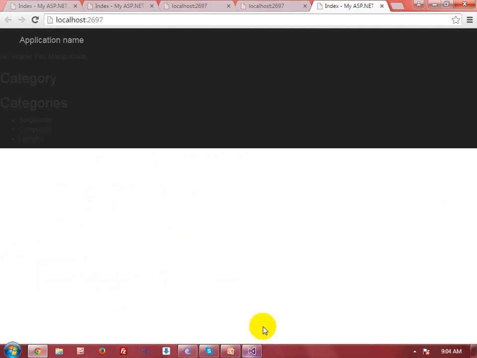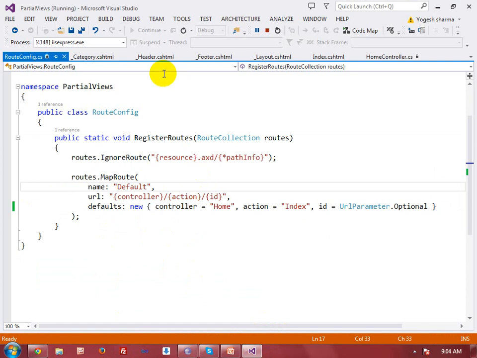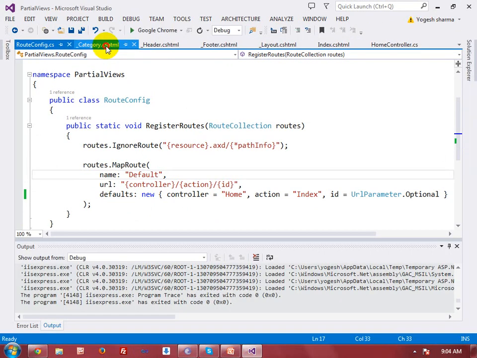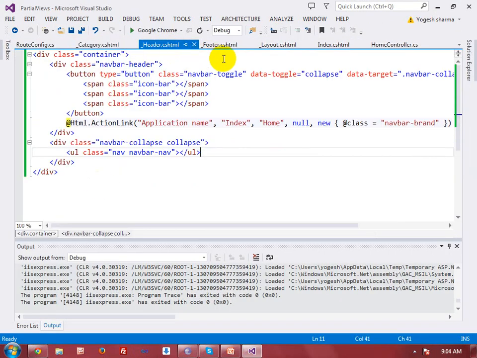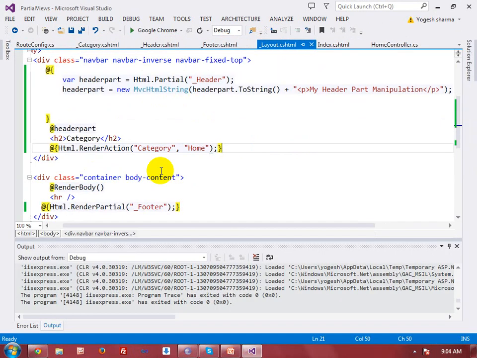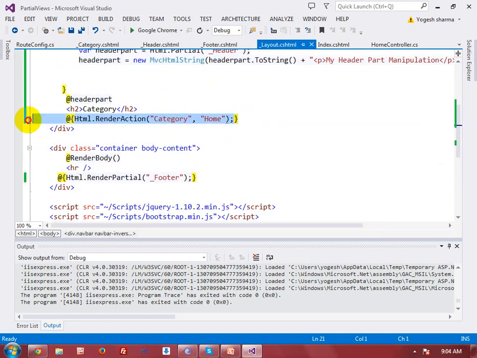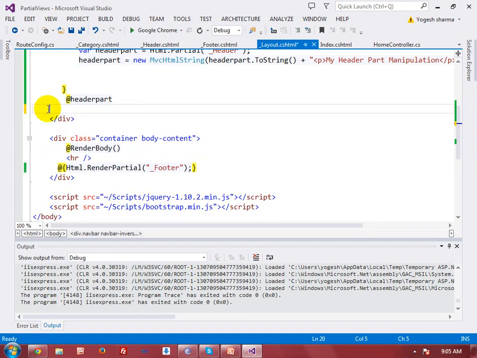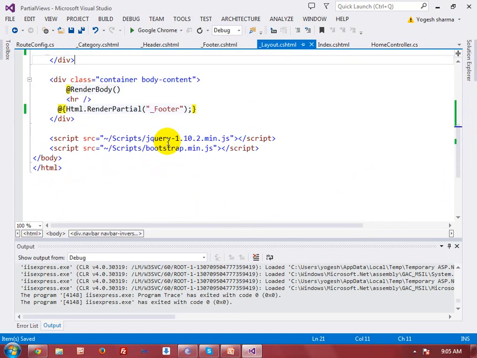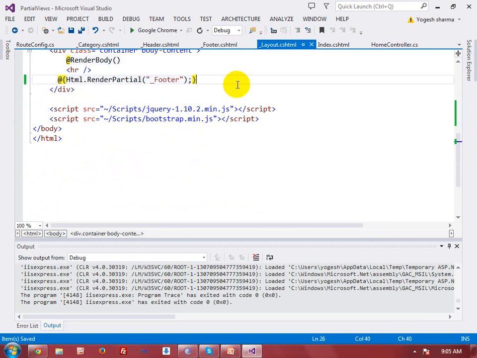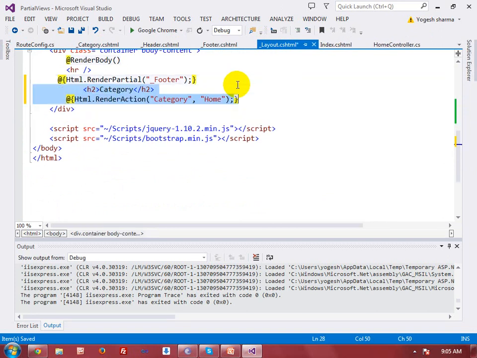So it's not visible perfectly, so I have to make some changes over here, like in layout.cshtml. I will render it in another section, like cut it from here, and at the footer I want to implement this. Execute it again.